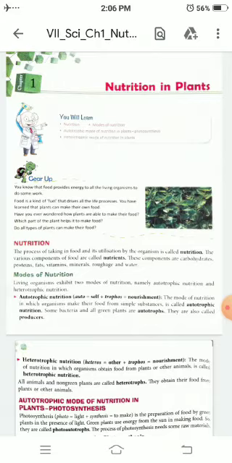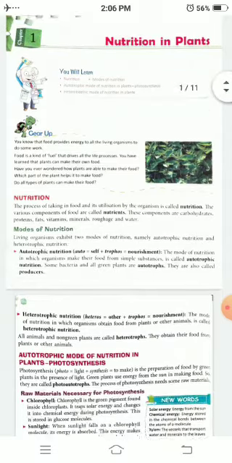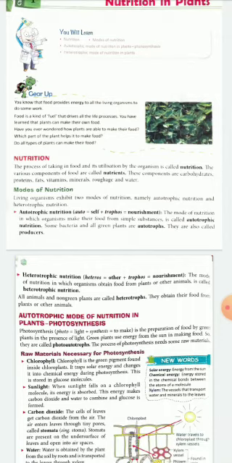The process of obtaining food and utilizing it to grow, stay healthy, and repair any damaged parts of the body is known as nutrition. There are two modes of nutrition in plants. First one is the autotrophic mode of nutrition, which states that plants exhibit the autotrophic mode of nutrition and they are called the primary producers. Heterotrophic mode of nutrition is observed in animals, means they depend on the plants for their basic food needs.